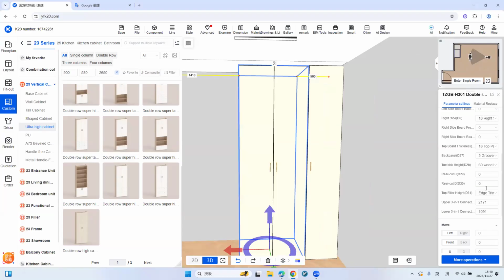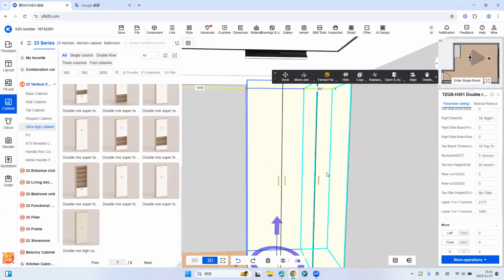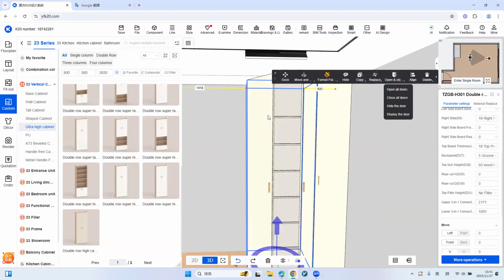Okay, and then we also change this value. The top filler height. We also use this option, the first option. Okay, and then inside